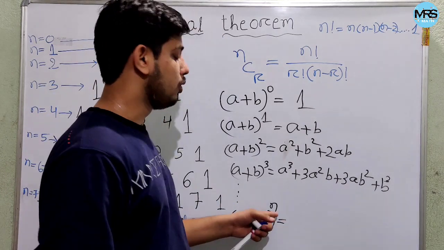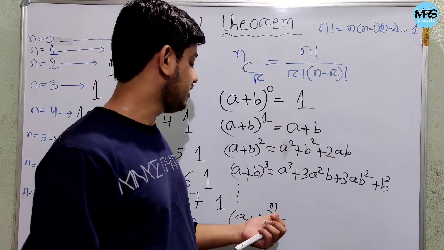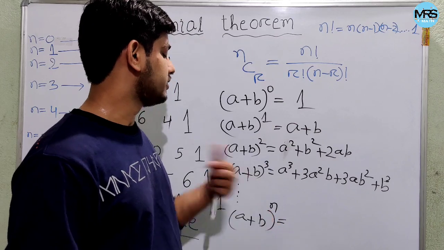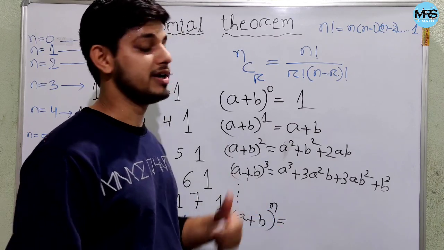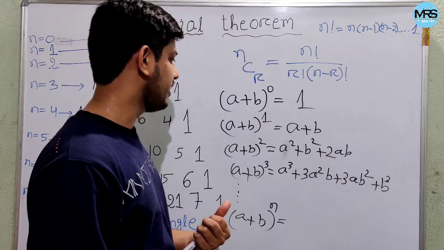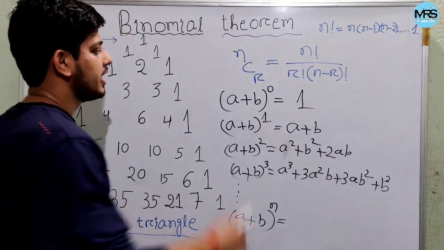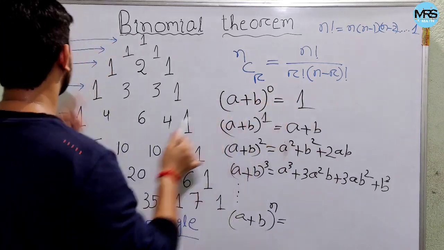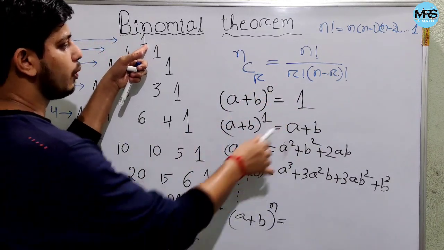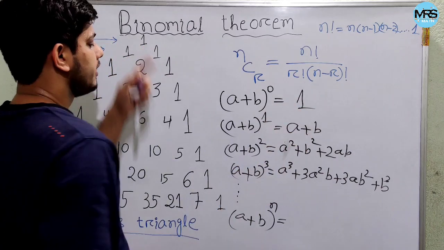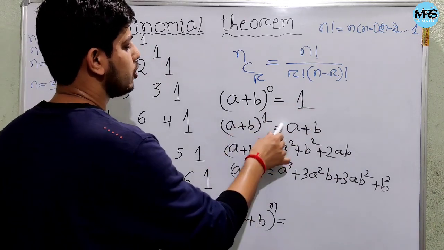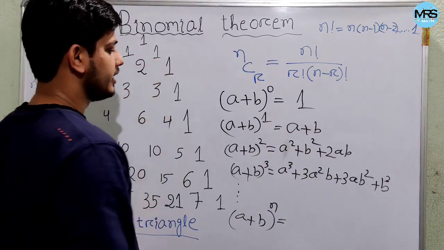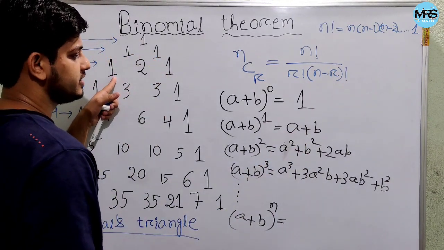a plus b whole to the power n. N is any large number belonging to the integers, in that case a positive integer. So one thing you can mark here, a plus b whole to the power 0 is 1. So what is the coefficient? When n equals 0, you are getting the coefficient as 1, okay. And a plus b whole to the power 1, this coefficient is 1, this coefficient is 1, okay. And a plus b whole square, this coefficient is